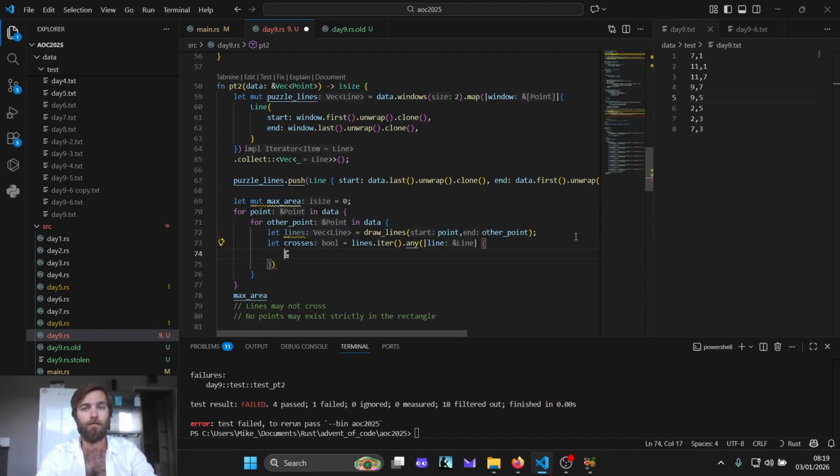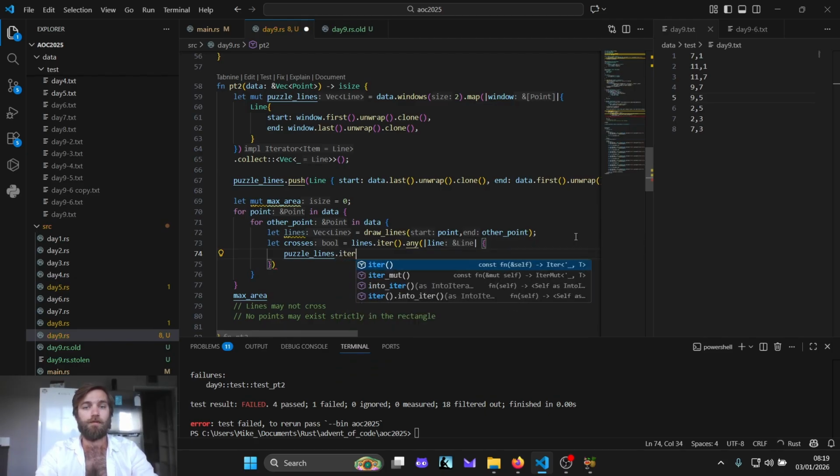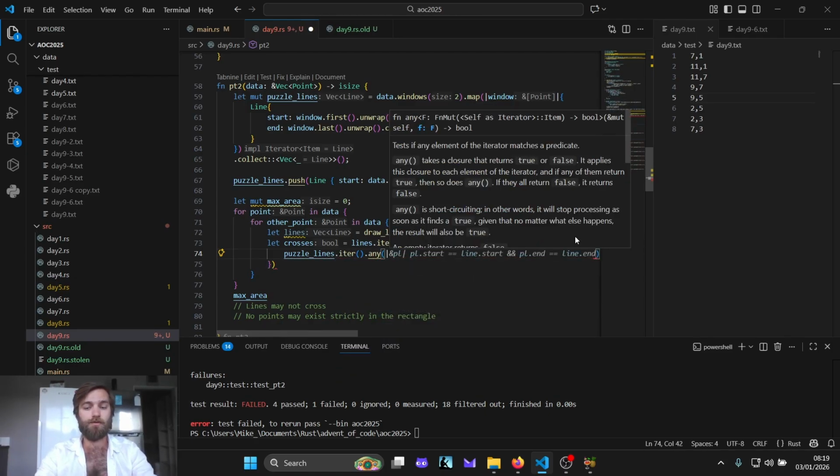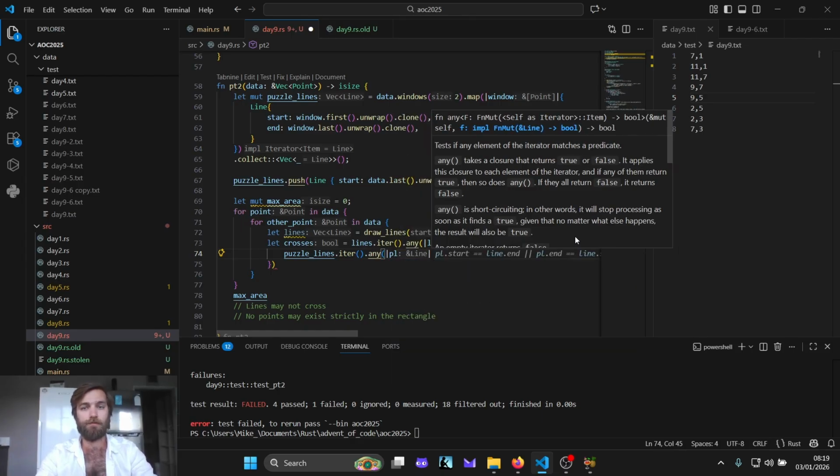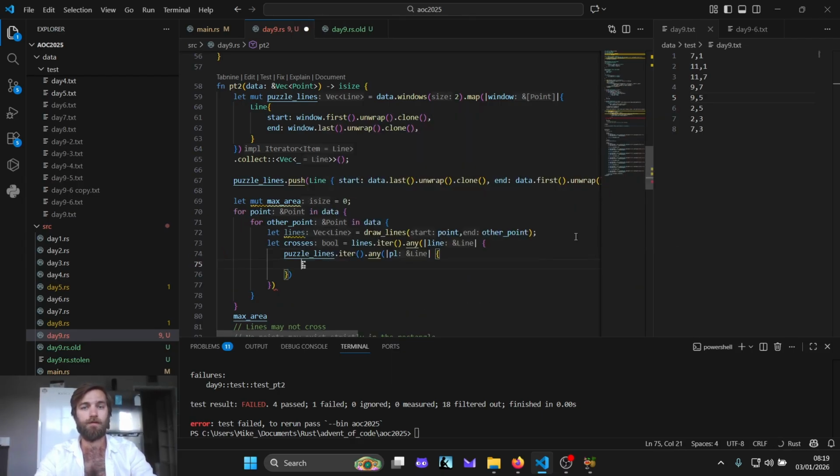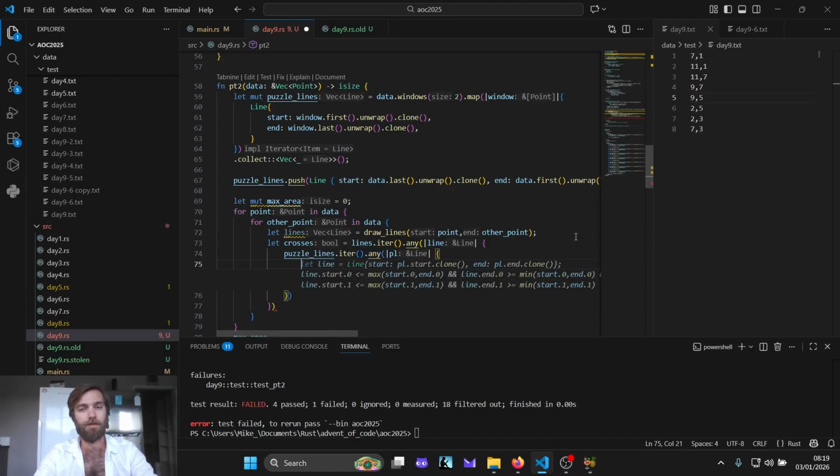Okay. And what I want to make sure is that there are absolutely no crosses between a puzzle line and